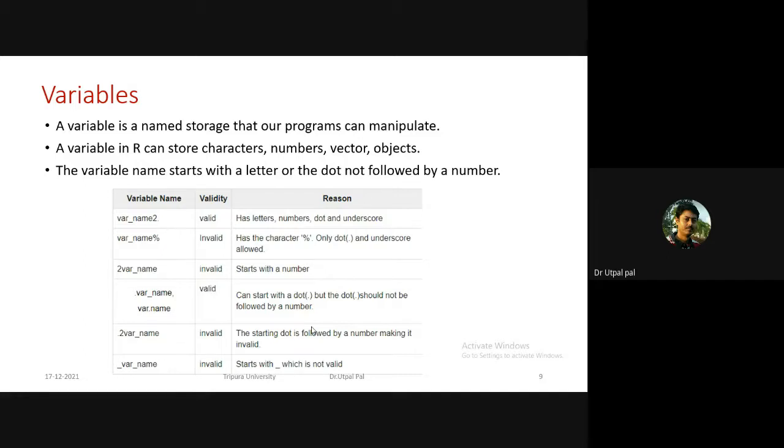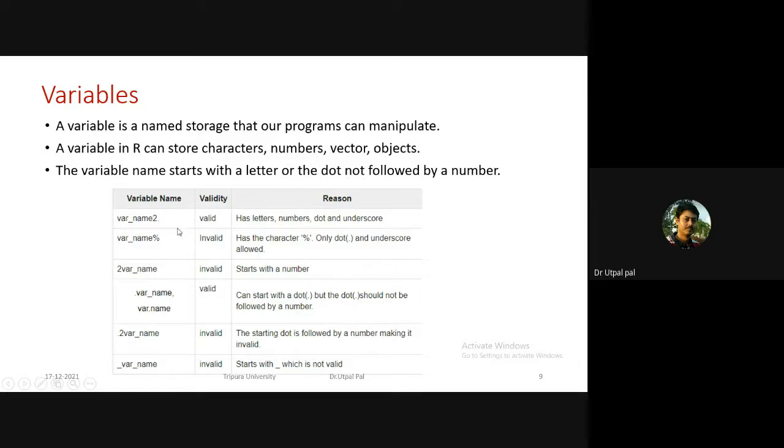Variables. So what is a variable? A variable is something which can hold values. A variable is a named storage that our program can manipulate. A variable in R can store characters, numbers, vectors, objects, etc. A variable name starts with a letter or a dot not followed by a number.